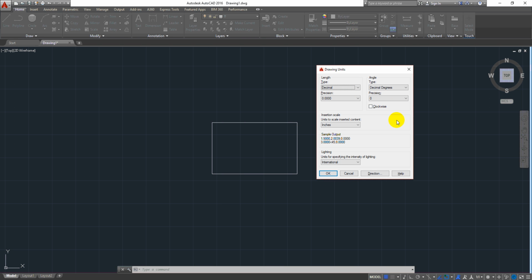So if you are working with metric system, most probably you would have selected this decimal as your unit, and the precision maybe you would have set at 2, two decimal places, and angle leave it as it is. So if this is the case, your insertion scale should be set to millimeter or any of these intended metric units. That means if you are making your drawing in meters, say this rectangle what I have drawn here,